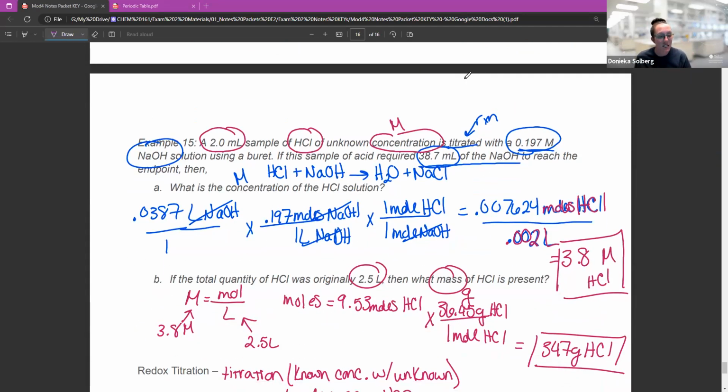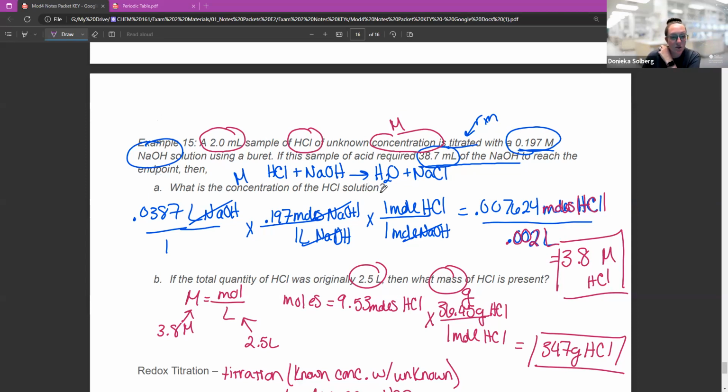So example 15 is for an acid-base titration. Now I know I got a lot of stuff circled here, so just bear with me. First of all, I said this was titrated, so I know I'm going to be doing some type of solution stoichiometry. I've got a reaction happening, probably acid-base. I've got a 2 milliliter sample of HCl of unknown concentration, so I don't know its molarity, titrated with a 0.197 molarity sodium hydroxide. So I know the molarity of sodium hydroxide. If the sample of acid required 38.7 milliliters of sodium hydroxide to reach the endpoint,